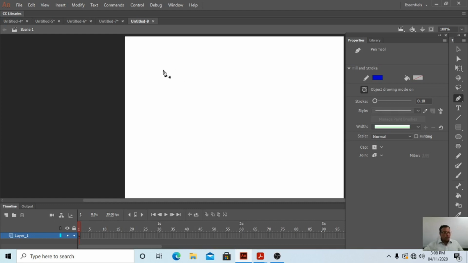Suppose it is given, select the pen tool this way. Here, this is the starting point, this is the ending point. When you double click here, it will hold. Next one. Now hold.